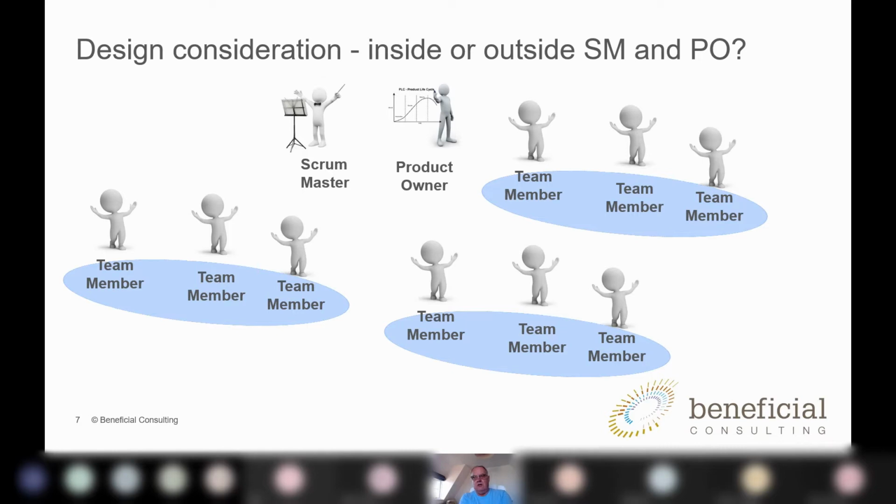Because if you take the Scrum ceremonies alone from the work of the Scrum Master, bearing in mind every team member is involved in every one of the Scrum ceremonies, then on a 2-week sprint it's about 2 days of work. If it's a 3-week sprint, it's about 3 days of work, right?